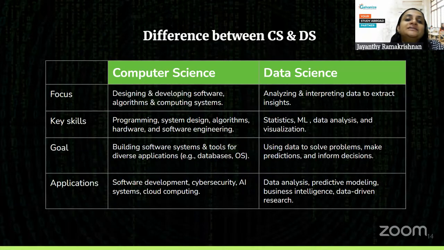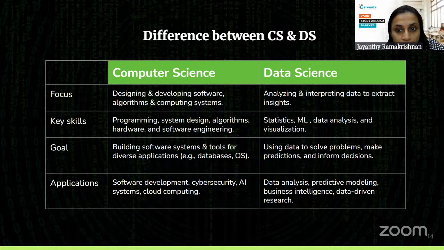Okay. Now, the other thing I do want to touch upon is the difference between computer science and data science. While I just talked about computer science briefly, I want to point out what happens in data science. Data science is a multidisciplinary field. Here you take large amounts of data, some of which is structured, some of which is raw, and you clean it, enhance it, and basically shape it in such a way that it can help you answer questions about the data. It can help you make predictions about the behavior of a process.